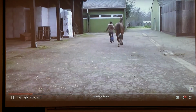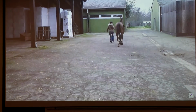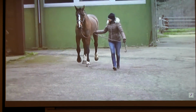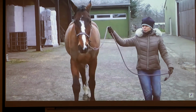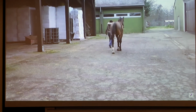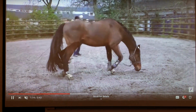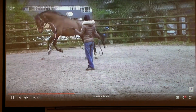And then over here, if you guys see, it's limping there at the beginning, and with the left hind leg it's a bit more noticeable. Here at the start, he's not putting very much weight on it, and then it is also interesting to see that they perform this examination on different surfaces, and then just be very attentive